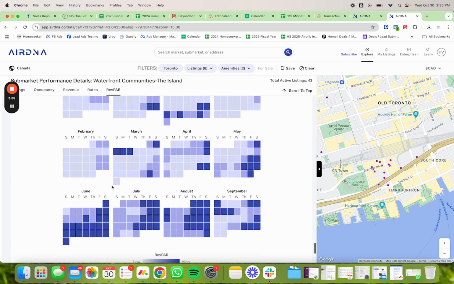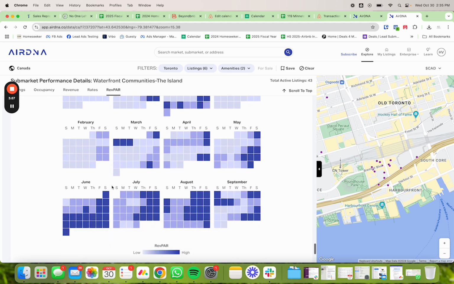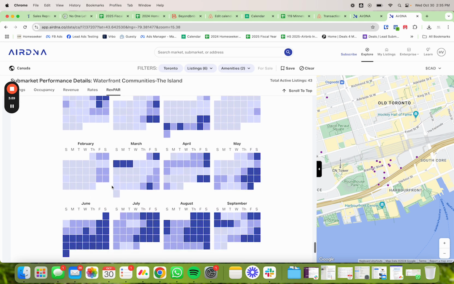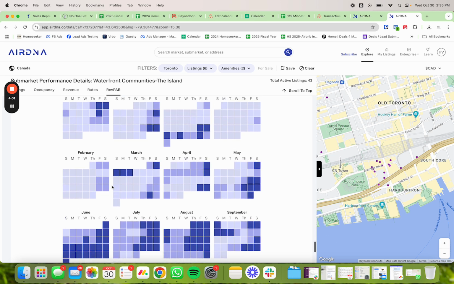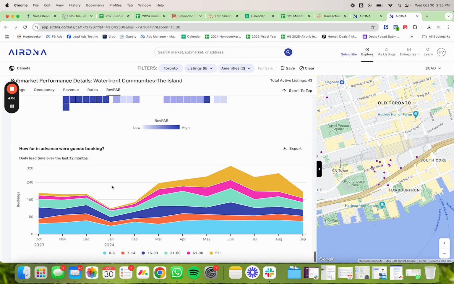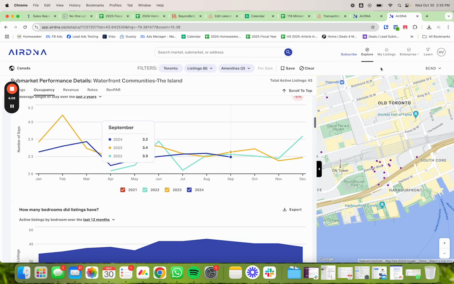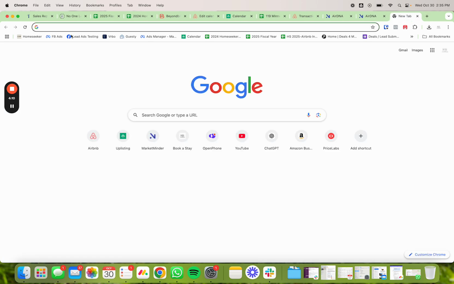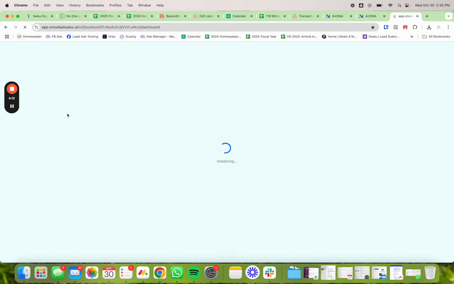And then I love to share this calendar too, just to give the client an idea visually of which weeks are busy, which weeks are not, which weeks are pretty chill. And that's kind of how I do it. And I put it together usually in a site. So for us,